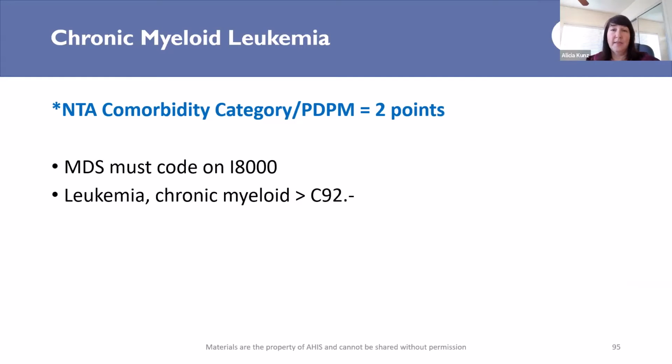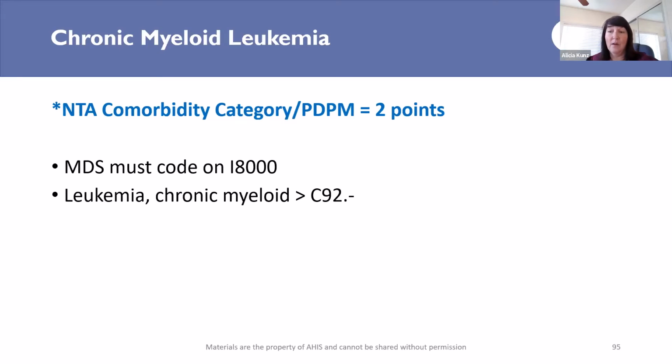Some neoplasms will get you more points under PDPM, and one of those is chronic myeloid leukemia. So I want a couple of things with you. You had your table of neoplasms at the beginning of your book, and we went over that before the break. We went over what that looks like. Remember all the body sites of the neoplasms going vertically and the behavior of the neoplasm going horizontally across the top of the page. Most of your neoplasms you will look up in your table of neoplasms, but